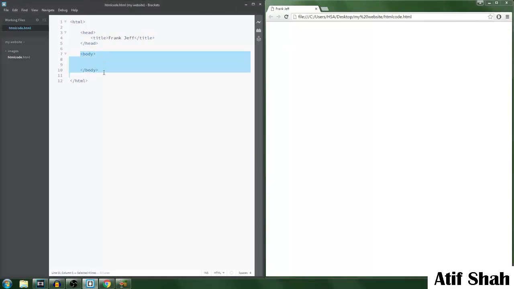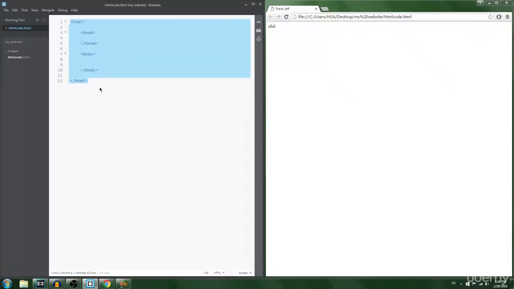But in the body tag, it's the opposite. Everything in here will show up over here. Did you get the point? So if I type something, it would show up over here. But we will not learn these things in this lecture. All I need you to do is, let me just delete the title. All I want you to understand is basically these things that you have to understand and use later if you want to code your